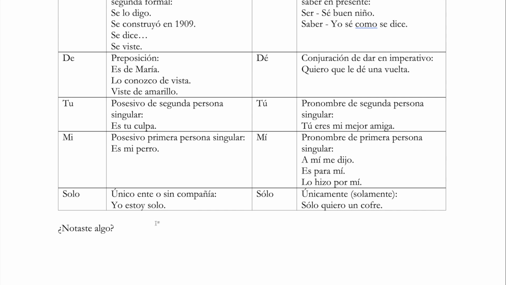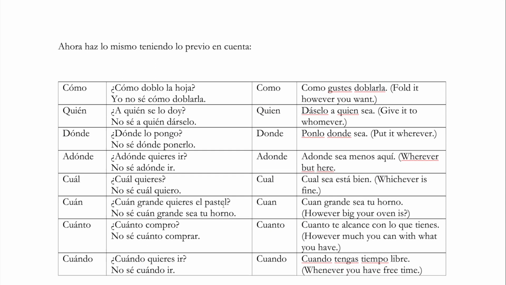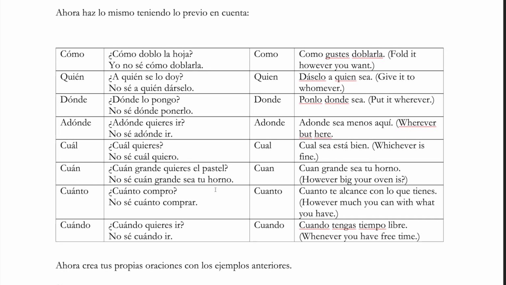Now let me see if I can get the pronunciation correct. Estoy solo con María. Estoy solo con María. So I'm alone with Maria. Estoy solo con María. Right? That would be the difference. Now you could make the argument that the implication is the same. All right, fair enough. You're still only with an individual.